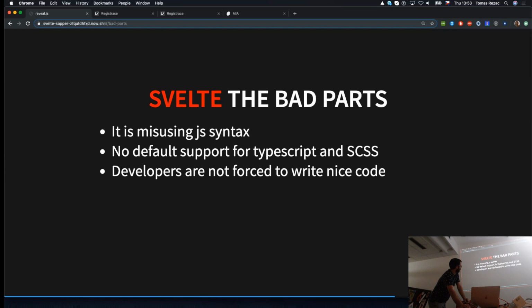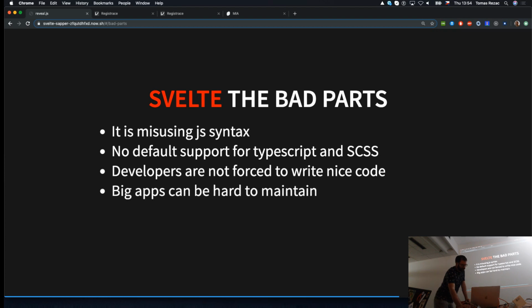But yeah, we will probably wait for version 4, which will come with some syntax or TypeScript, which will really force the developers to write in some way that another developer coming later will understand the same way, because now it's like the Wild West, you can do whatever you want. It will work, but maybe someone else will not be able to read it correctly. And with that, it comes that the apps can be quite hard to maintain.